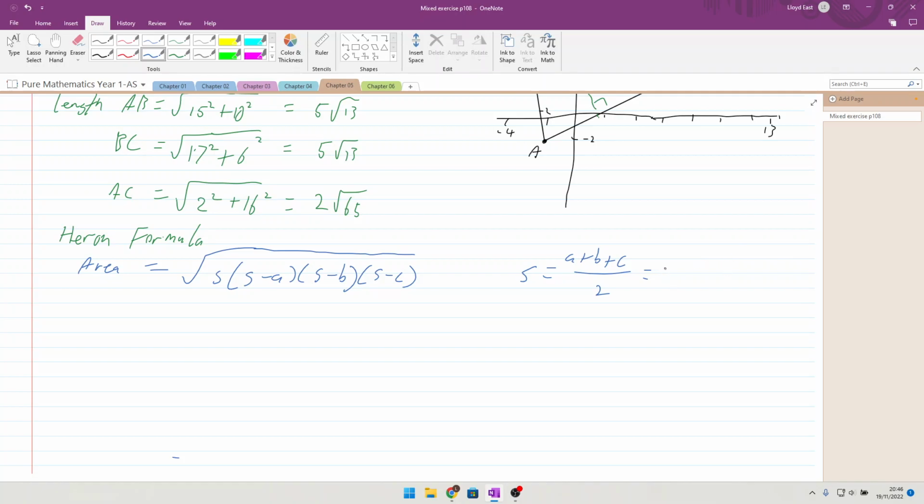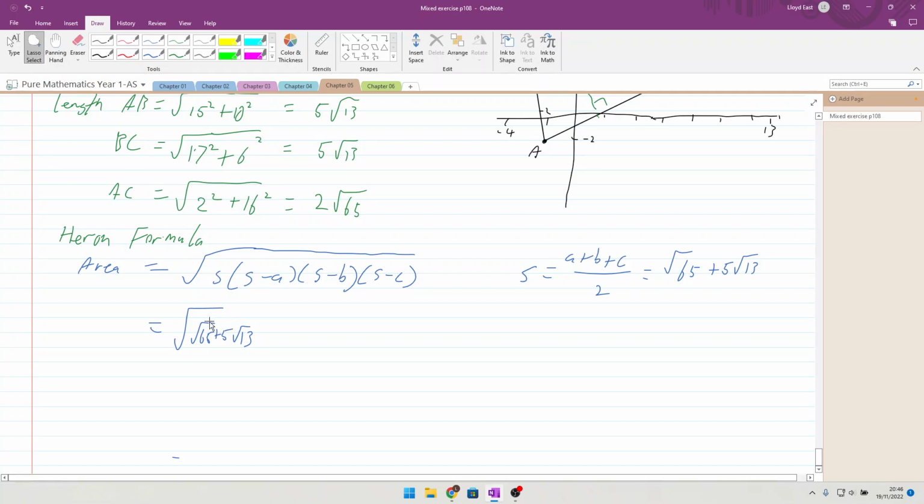So root 65 plus 5 root 13. Okay, so underneath here we end up with the square root of the square root of 65 plus 5 root 13. And I think, given how many times I'm going to write that out,